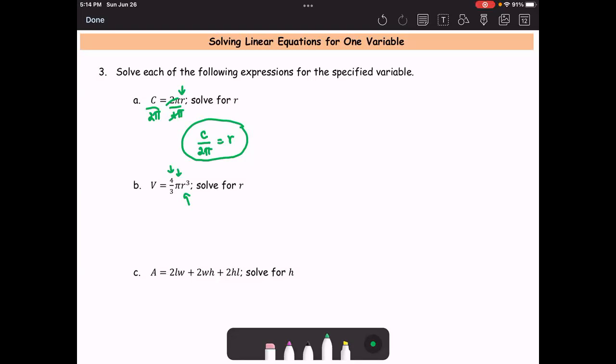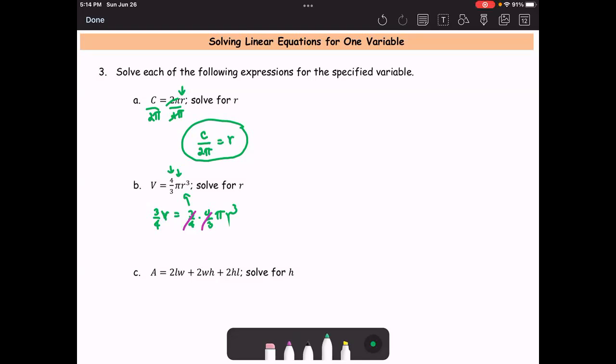So the first one, to get rid of 4 over 3, we just multiply both sides of the equation by 3 over 4. The V becomes 3 over 4 times V equals 3 over 4 times 4 over 3 pi r to the third. And this way, we can get rid of the 4 over 3. Next,